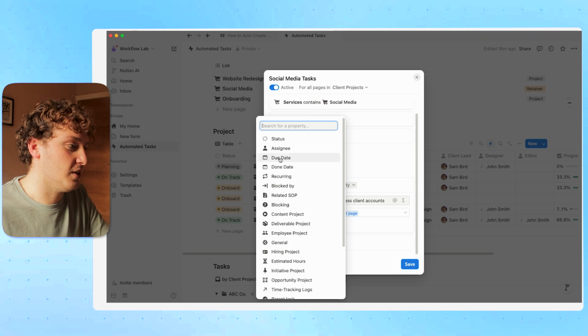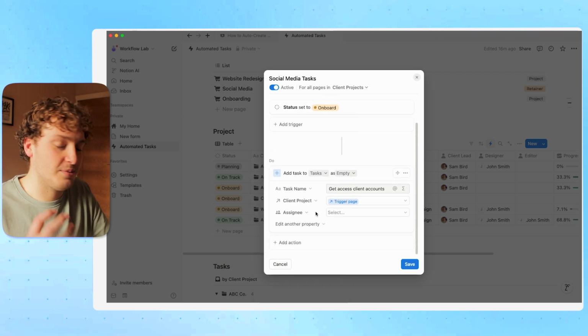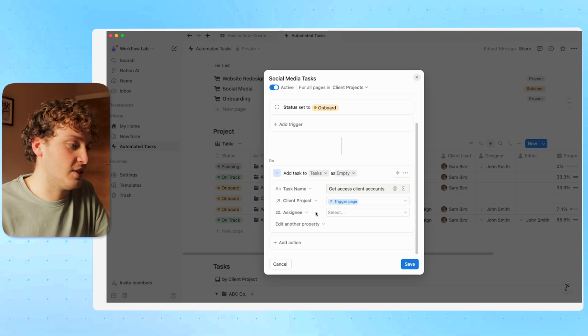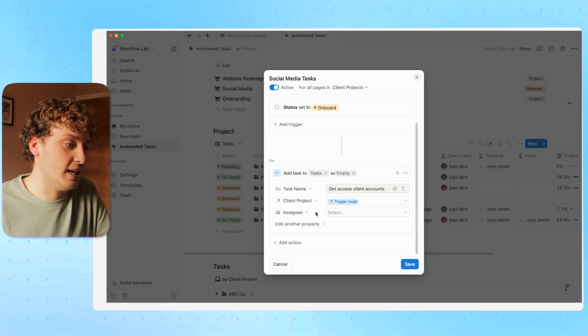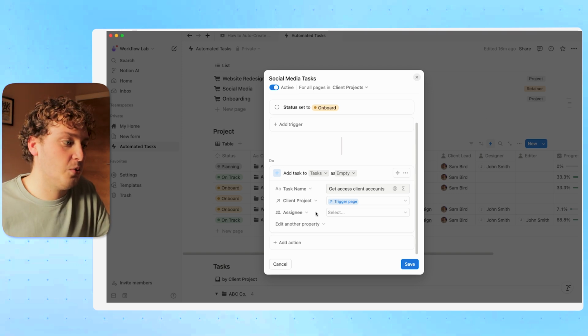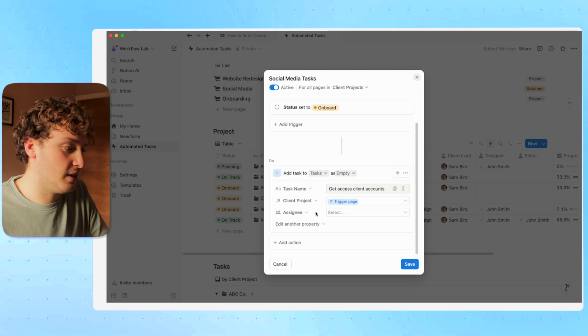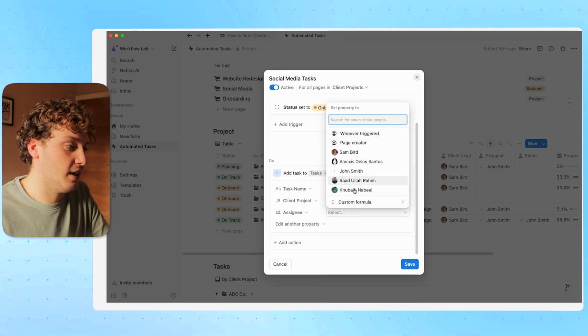So the first thing we can do is decide who the assignee is going to be. And this is something that I love about Notion. We can create dynamic assignees based on who the assignees are in the project. For example, getting access to client accounts would probably be the responsibility of whoever is the client lead on this particular account. So instead of just choosing a standard assignee every single time